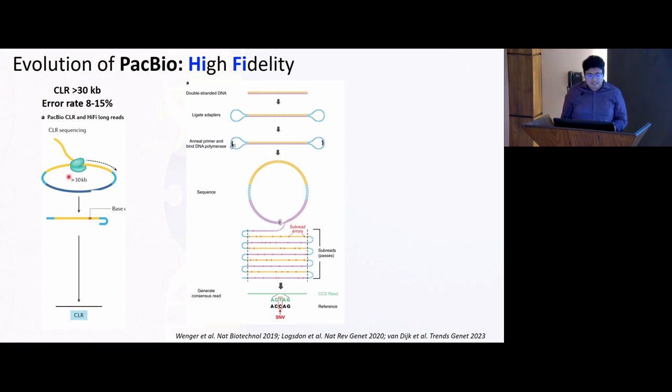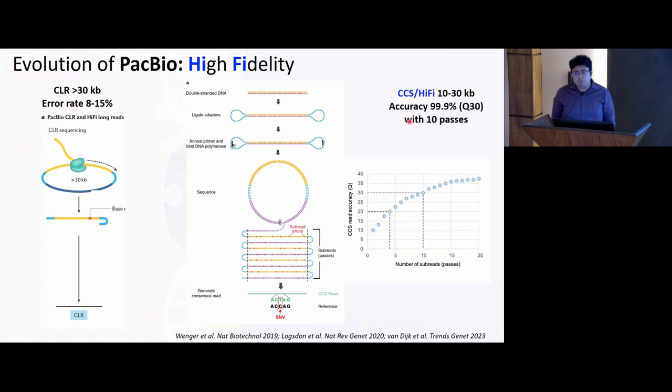So what they realized is that the structure is already circular. So if I compromise on the read length a bit, and the DNA poly life can be extended a bit, the DNA poly will go on and sequence the same region again and again, right? This is the circular structure, and it has sequenced the same region of DNA again and again. Therefore, similar to the error corrected sequencing approaches that we use in short read, you could have a consensus read which will clear out all the random error. This came to be known as circular consensus sequencing or high fidelity sequencing,